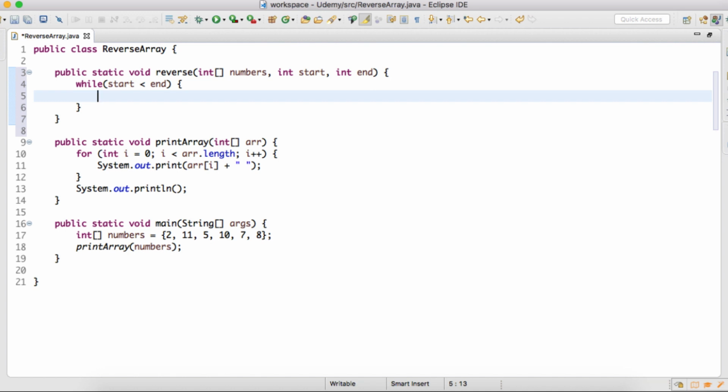So the first step, we'll provide a while loop and iterate till start is less than end, and in this while loop we'll simply swap the values at the start index and the end index of the array. So first we'll create a temporary variable, and to this temporary variable we'll simply assign the value at the start index of the array,